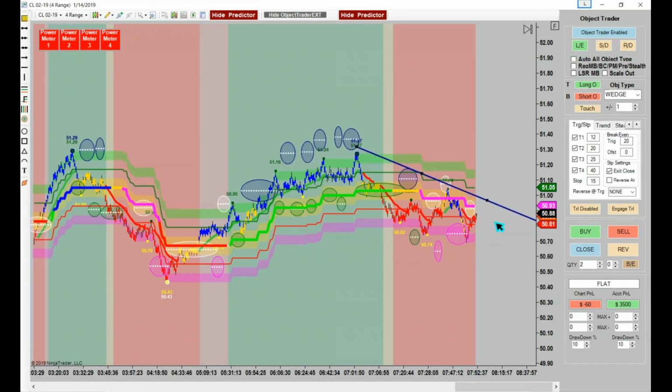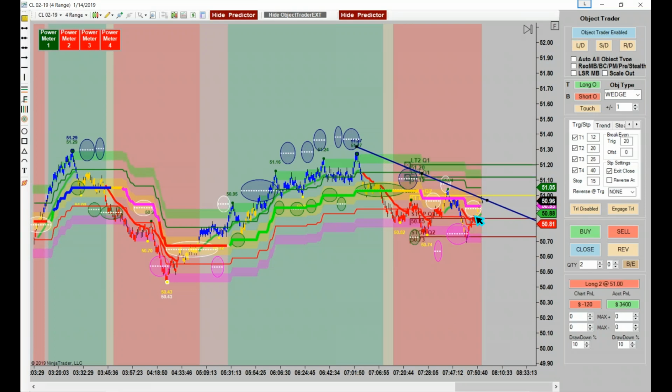And I usually like to back them off just a little bit, just in case they tag them and then roll over. Because, see, this is a short background, so we could easily go the opposite direction instead, right? Okay. That looks like a decent one, but the way I like to do these personally, if you do a